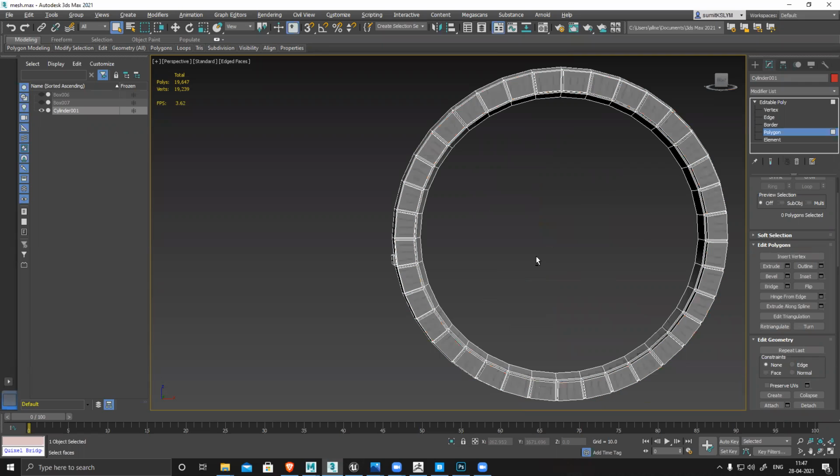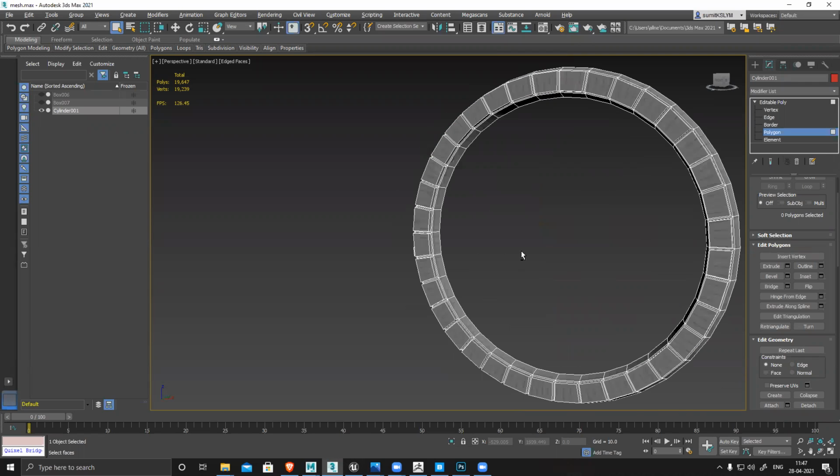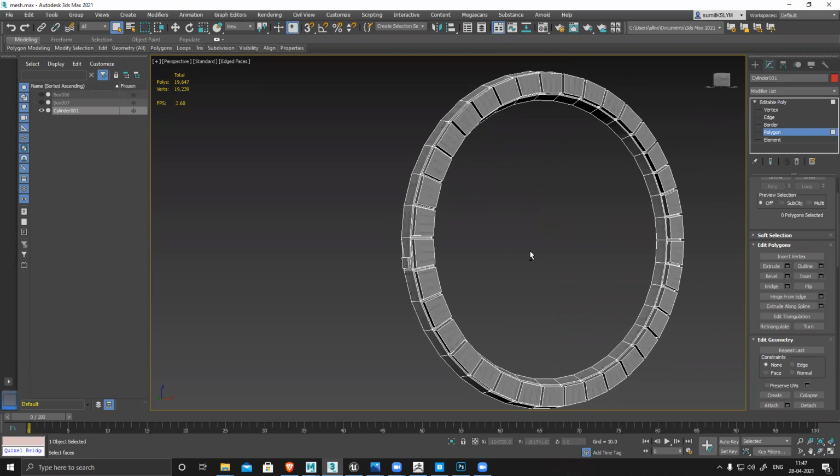But sir, if I'm doing the high poly this way in 3ds Max, then do I need to keep the UV the same as that, or do I keep it normal for texturing? No, no. If you're doing it like this, then no need to create UV. You can keep it round or straight, because usually for this kind of structure we try to keep the UV straight. So texturing also becomes easy, baking also easy, and if you want to do anything in ZBrush, you can do it very easily.